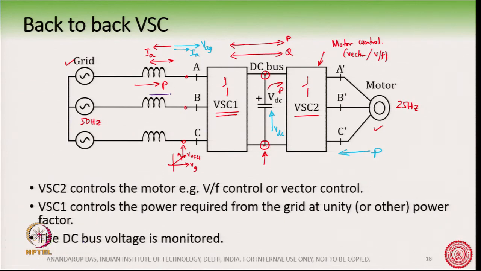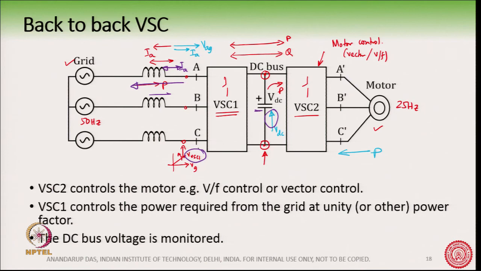So, the current which is drawn, this current IA, whatever direction you take, if you reverse the current, how will you reverse it? You will reverse the current by changing this phasor position with respect to the grid voltage. If you change the position of that phasor, then you will reverse the current. Once you reverse the current, the power will feed back. So, this DC bus which was increasing will now stabilize.